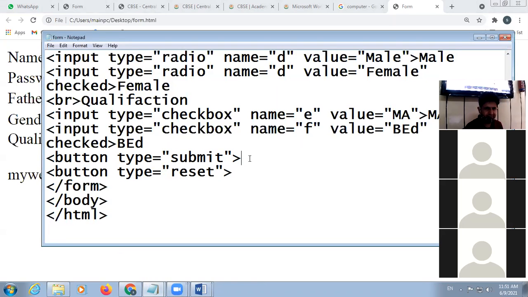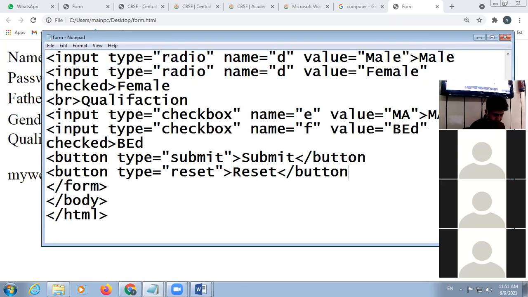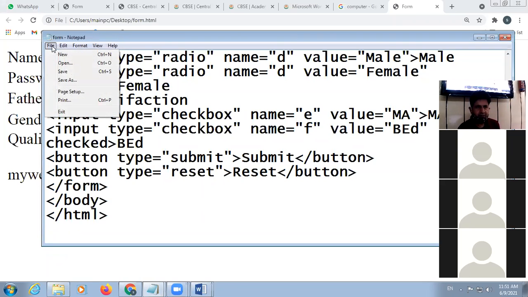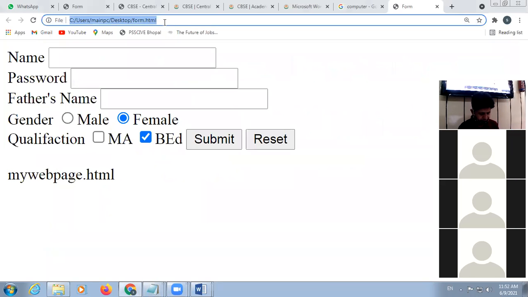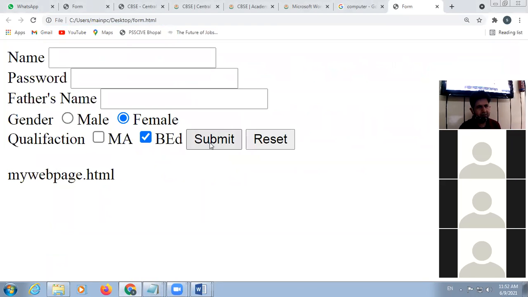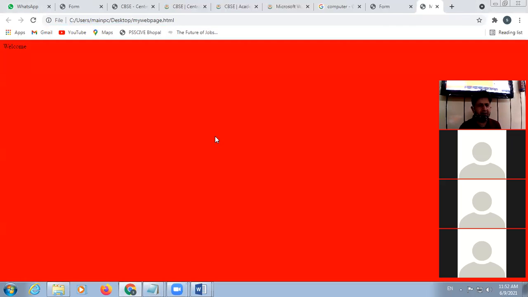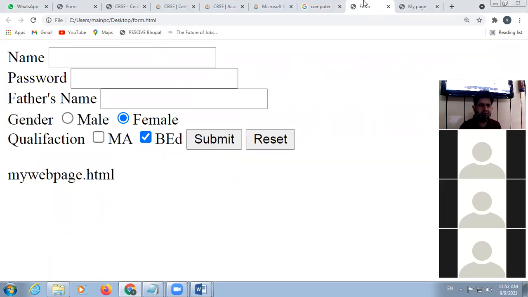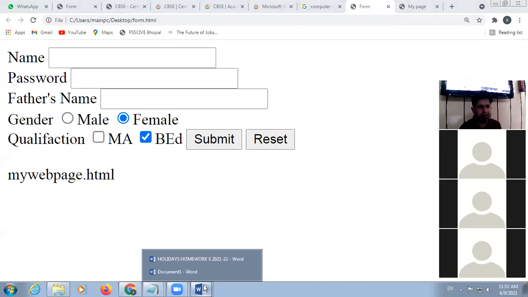I'm just checking because in some browsers it creates problems. I'm saving this, refreshing the page. It's working better. Okay, so you can use the button tag or the input tag.